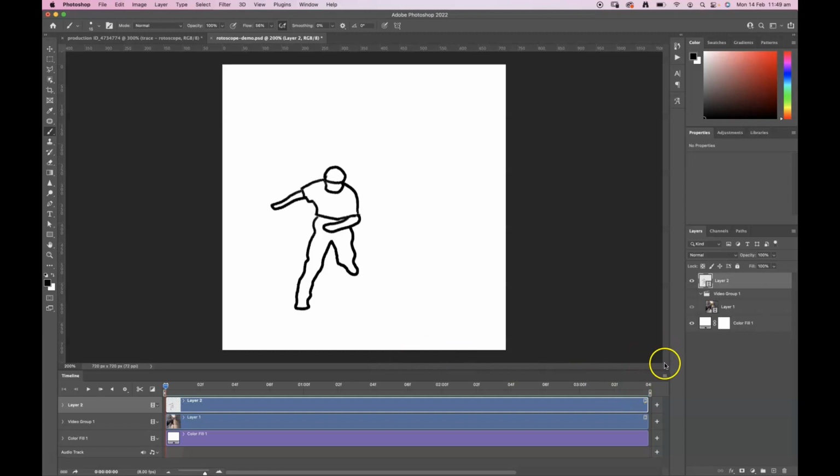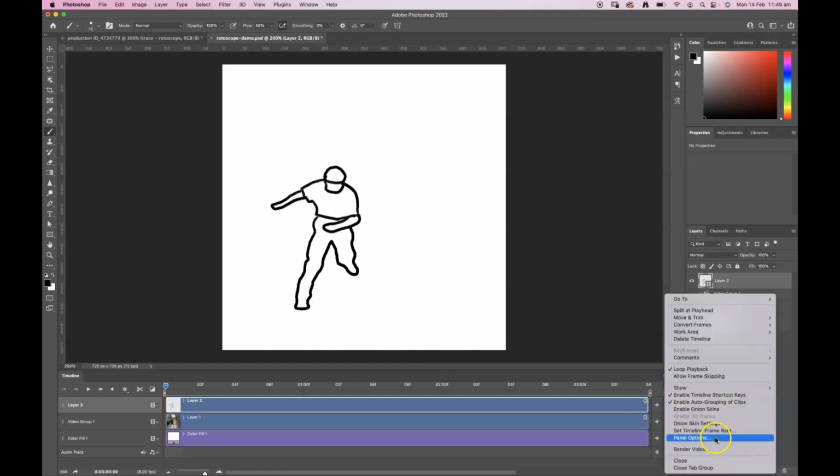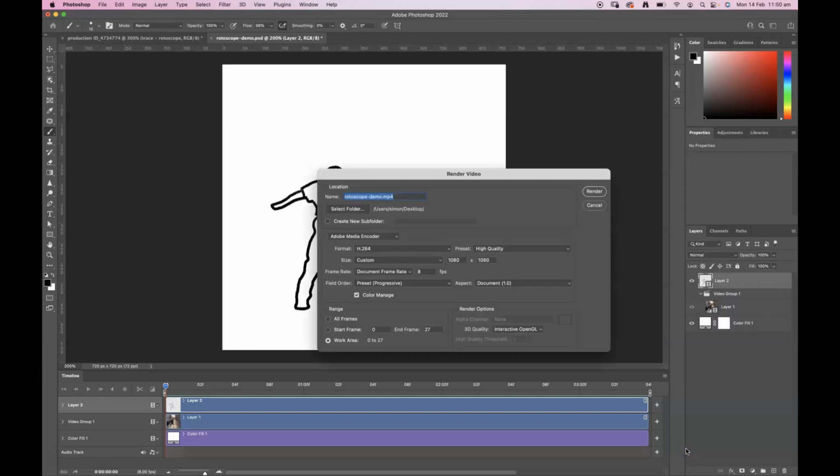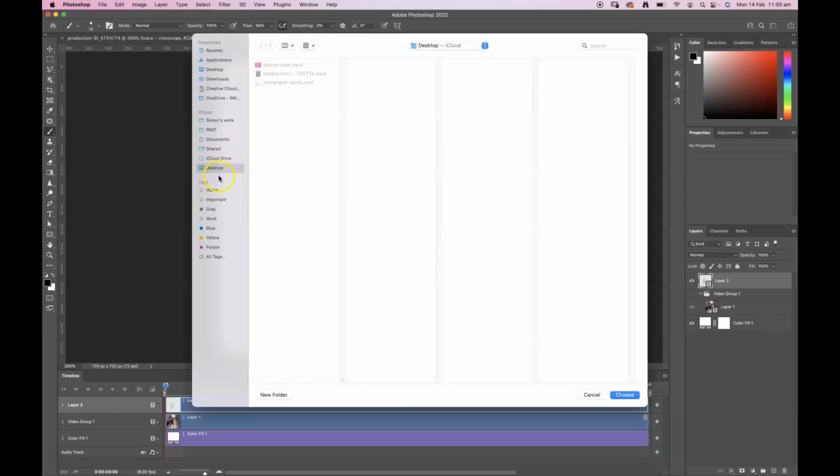To do that, we will go to our timeline menu, and there's a little option down here called Render Video. So what we're doing is, to render that video, we're going to get Photoshop to crunch all the pixels, all those individual frames, 8 frames a second, and compile that into one single video file. So I'm going to output that to the desktop. I don't know if I've used that file name before. I'll call it Rotoscope Demo. Selecting folder to the desktop,